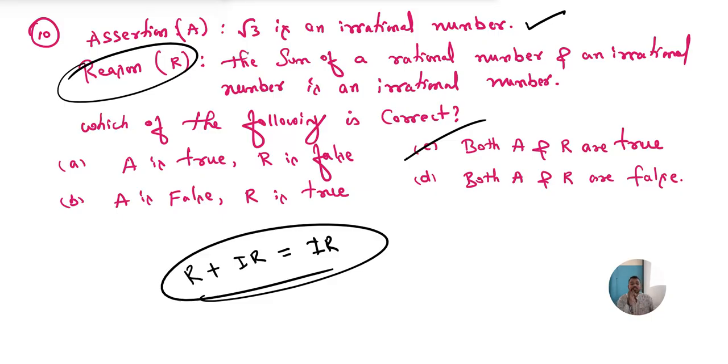In case, assume they would have given "root 3 is a rational number" as the assertion, and the reason "sum of a rational and irrational number is an irrational number", so which would be the correct answer? A is false,